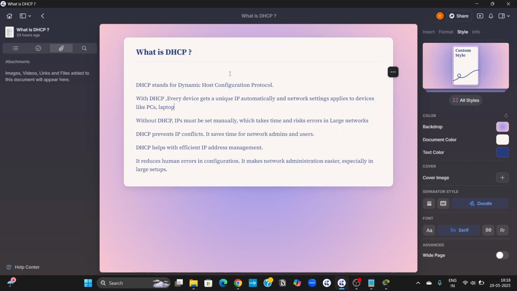DHCP stands for Dynamic Host Configuration Protocol. With the help of DHCP, every device in a network gets a unique IP automatically, and it also helps to apply the network settings to end devices like PCs and laptops. And if there is no DHCP configured, then we have to set the IPs manually on each and every